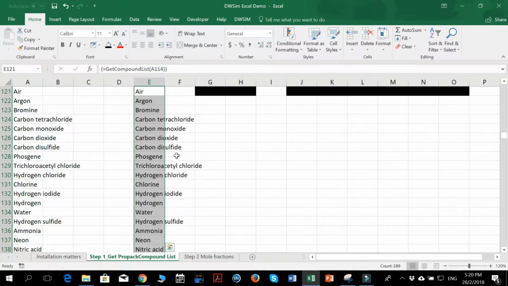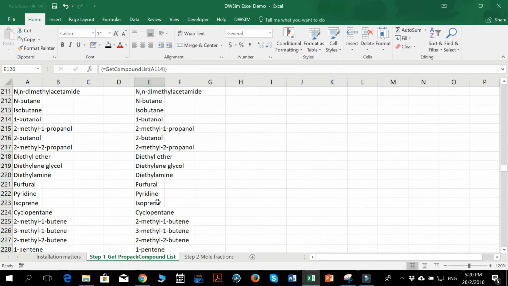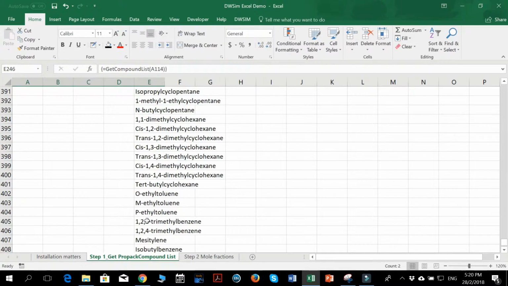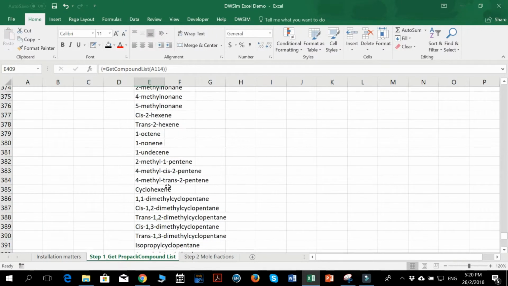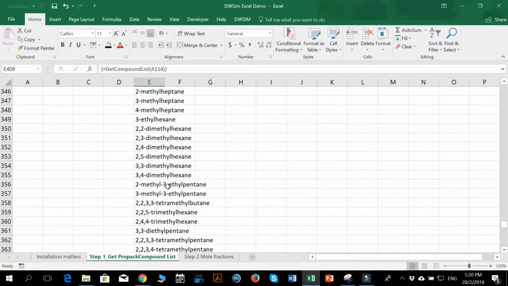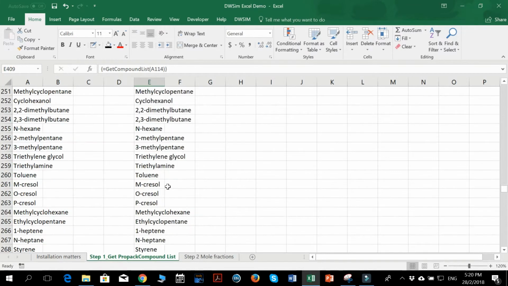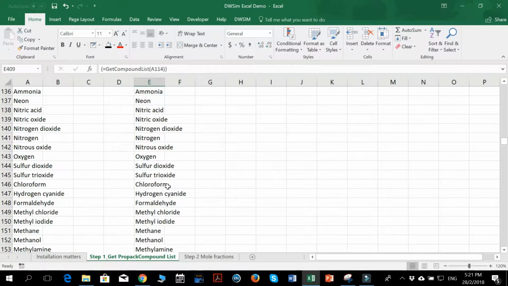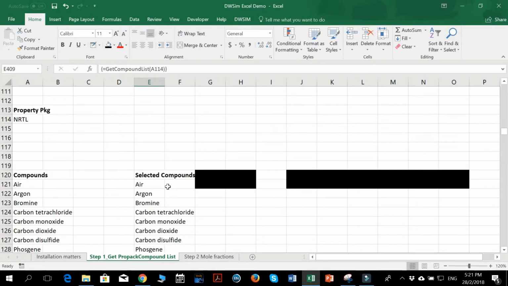So now you have a very long list of compounds. There are so many compounds, which is a good thing, because you have a wide library of things to search for. Now the bad thing is